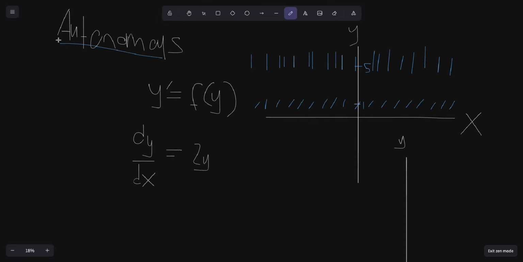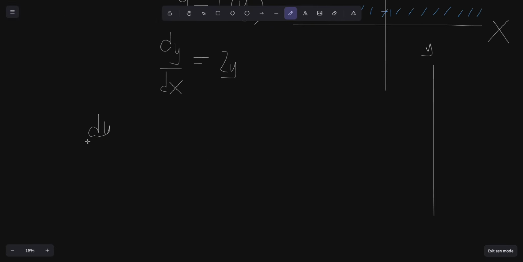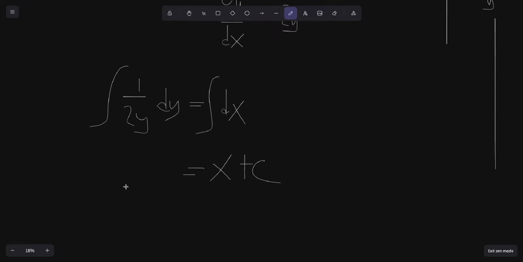Well, autonomous differential equations, notice how they're separable. I just divide 2y on this side into this side, and I multiply this side by dx, right? So let's do a quick little separable differential equations practice. If I divide both sides by 2y, and then set that equal to dx, then I integrate this, I get that x plus c is going to be equal to, well,